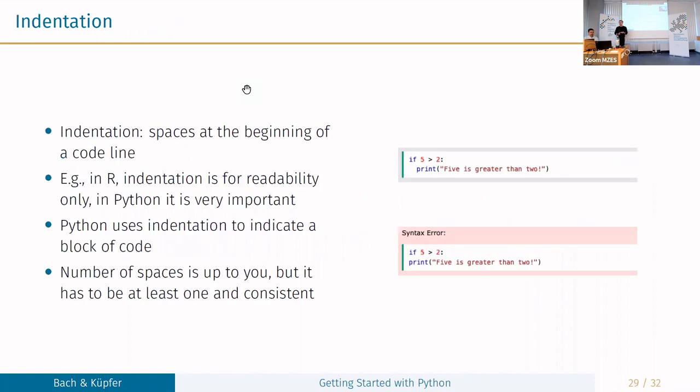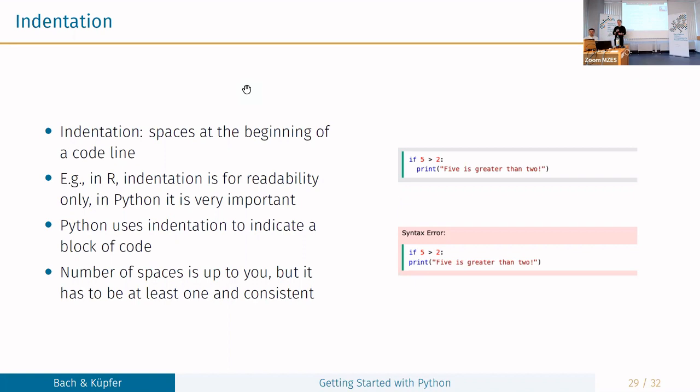Yeah, naming. Now indentation. Maybe you heard, well, you need to indent your code. What is indentation? It is just you have your code and then you continue code and then you put a few spaces or tabs or whatever in front of, say, the second line. And indentation is very important in Python. In R, it's just like you organize your code because you want it to look nice and organized. In Python, it actually has meaning.